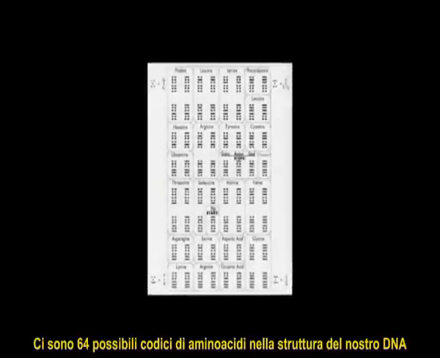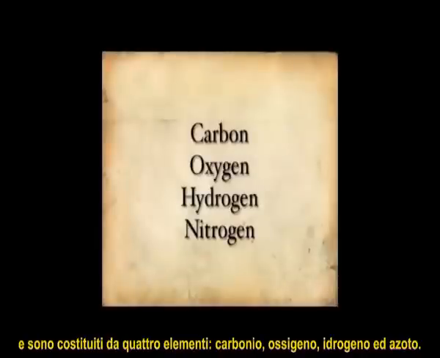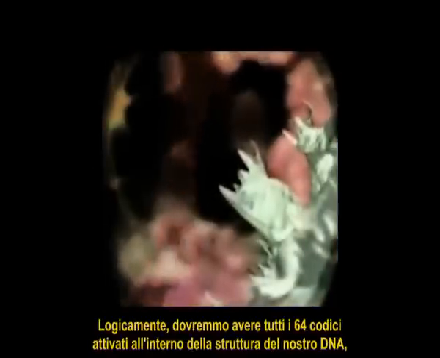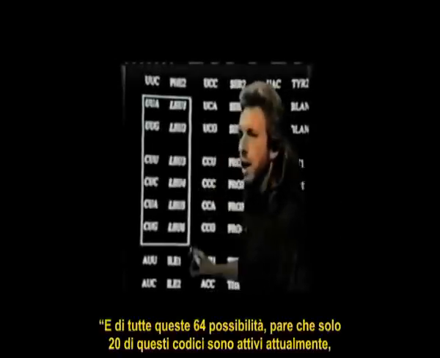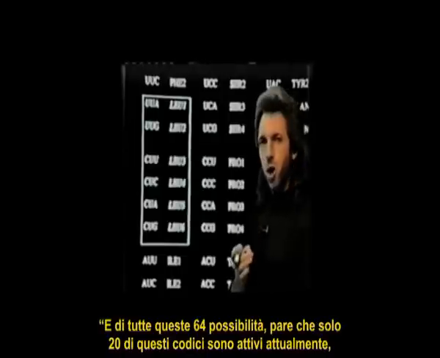There are 64 possible codes of amino acids in our DNA structure made from 4 elements: carbon, oxygen, hydrogen, and nitrogen. By any means of logic, we should have all 64 codes activated within our DNA structure. Yet we presently only have 20 active codes. And of these 64 possibilities, it appears that only 20 of these codes are turned on right now for us,